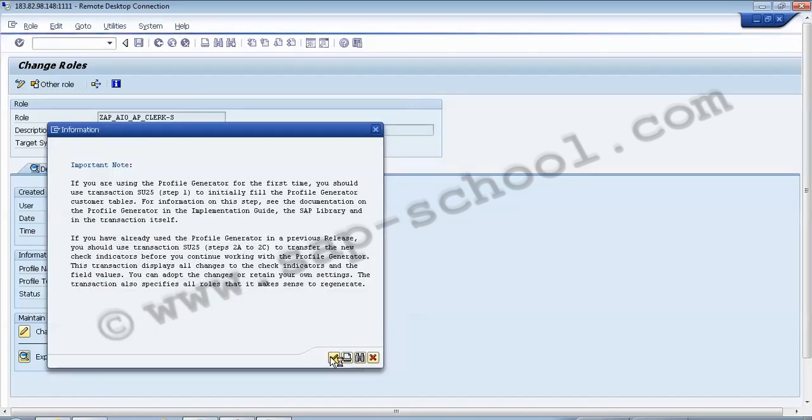Now I can go to the users and I can assign any user from my F4 help to this role. So let's say if I don't know the name of the user, I can just write down star so that it can show up everything which is there.